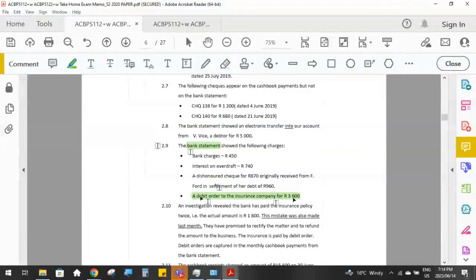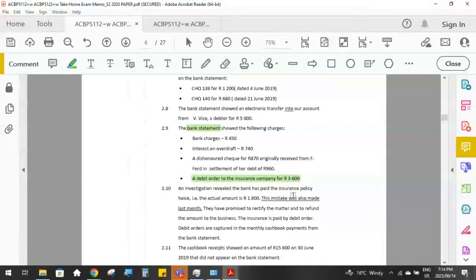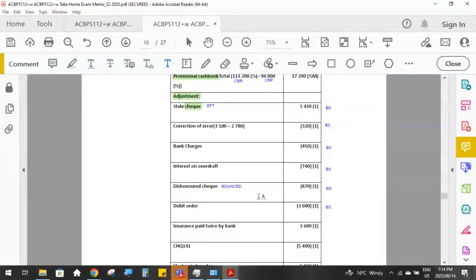And then related to this insurance company, an investigation revealed that the bank has paid the insurance policy twice. So the actual insurance policy should only be 1,800 and they have paid the insurers 3,600. And the mistake was also made last month. So that means in the month of May, 1,800 too much was paid, and in the month of June, 1,800 too much was paid. So we must correct that